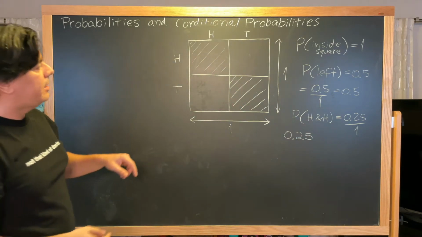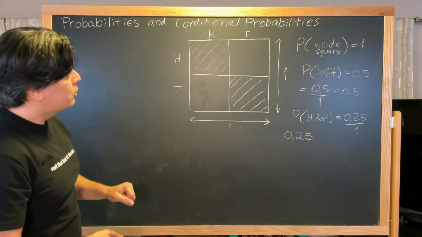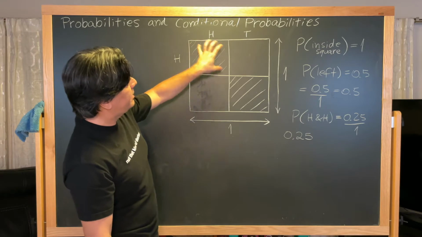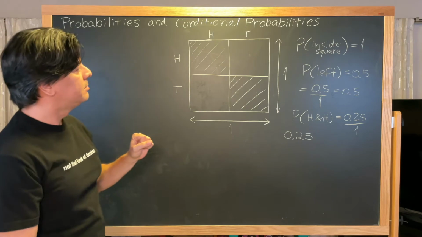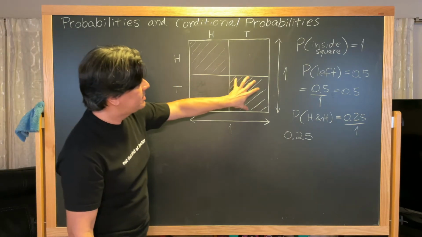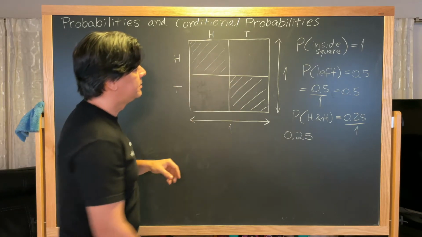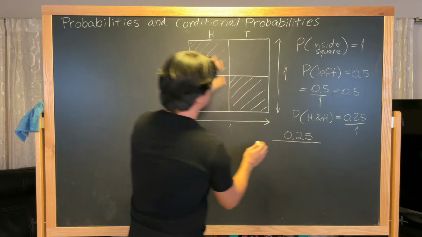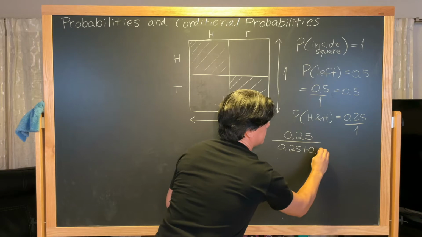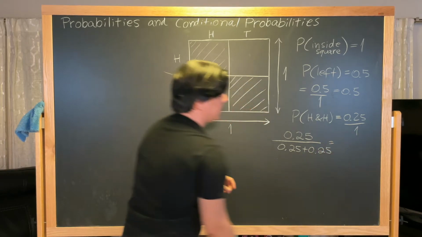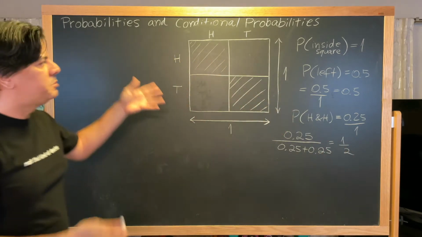But I told you that it could have fallen either here or here, right? So knowing that it fell either here or here, the chance that it fell here, because everything is equally likely, is this area divided by this plus this, right? Because it could have fallen here or here. So that's also 1/4, right? So that one plus this one, that's 1/2. Which makes sense because it's 1/2